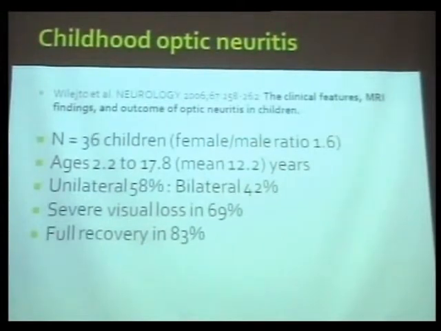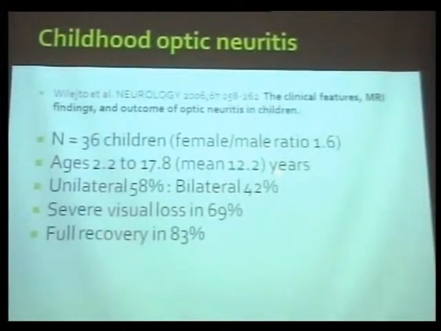So childhood optic neuritis looks and acts a little bit differently than adult optic neuritis. And this is a paper from Neurology describing the clinical features, the MR findings, and the outcome of optic neuritis in children. This study had 36 children with a female to male ratio of 1.6 to 1. Their ages ranged from 2.2 years to 17.8 years, and as Pam alluded to, the mean for childhood optic neuritis